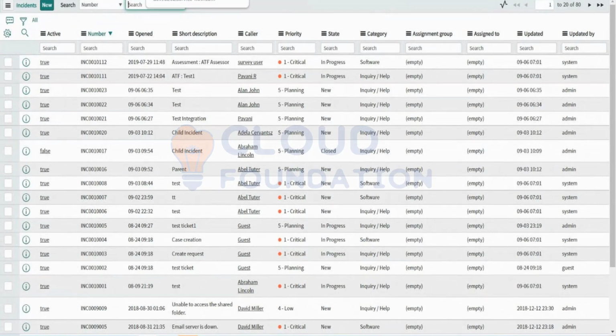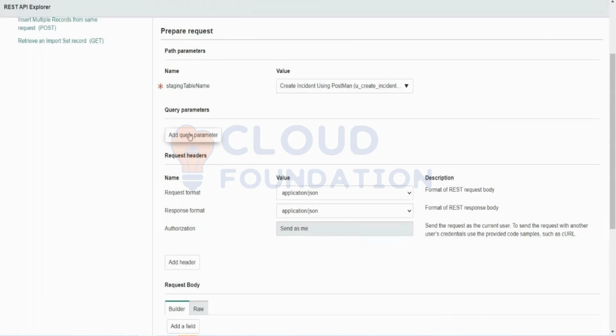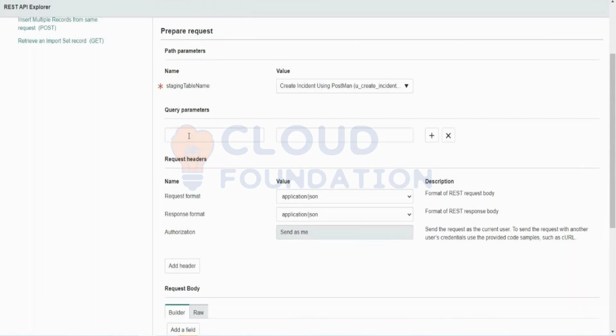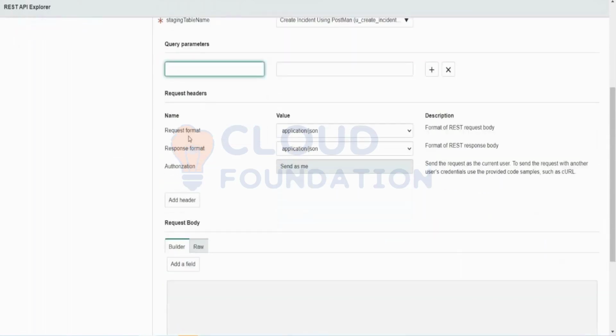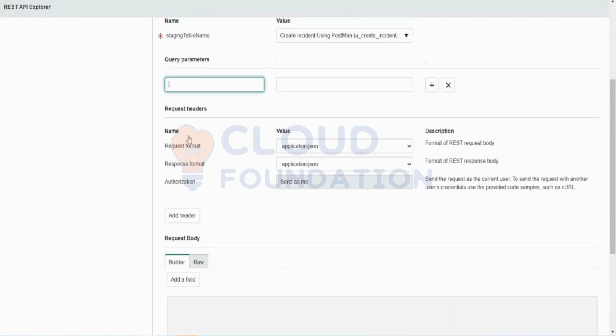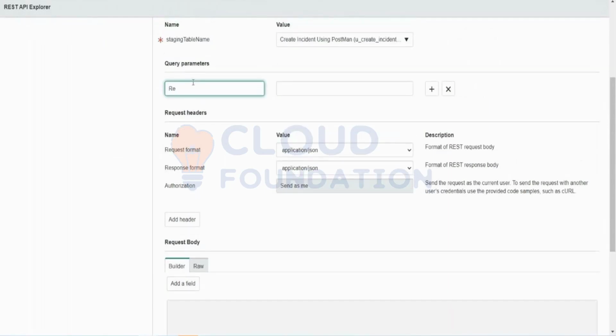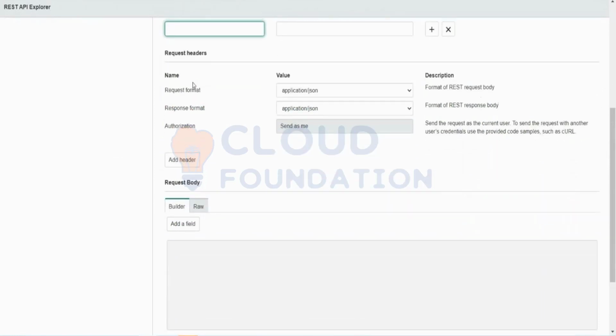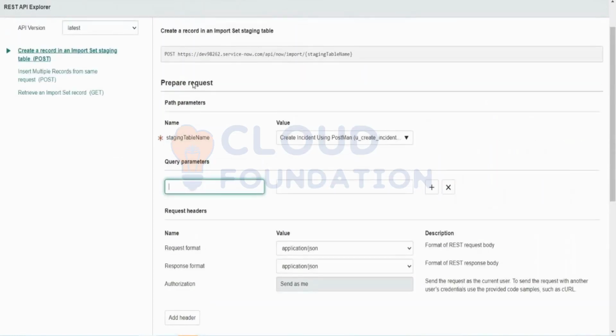So this is a staging table. We need to add a parameter. What should be the parameter? State equal to new. Requester, so can we say caller.